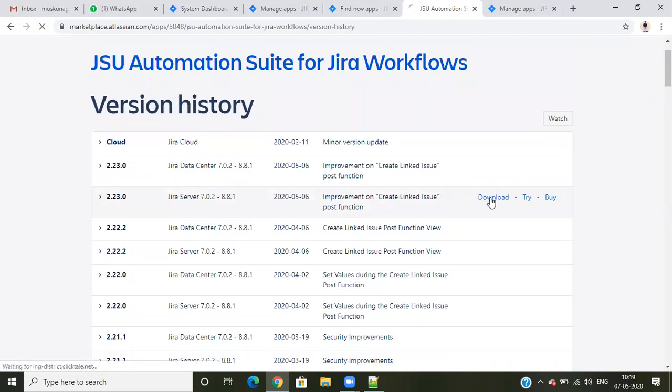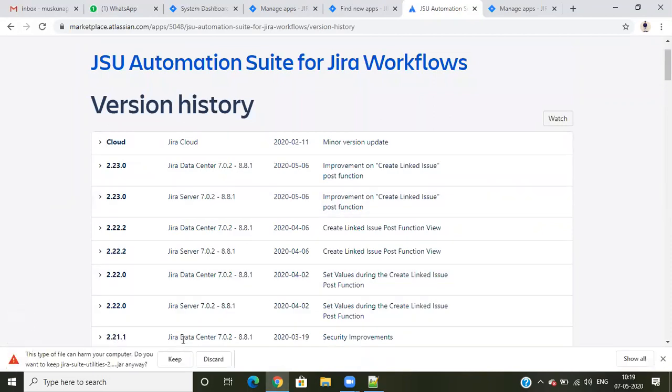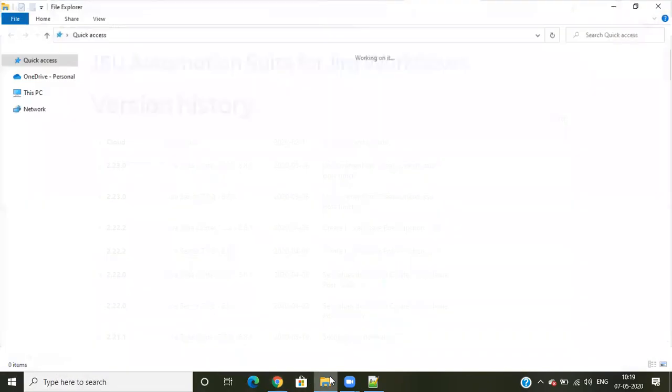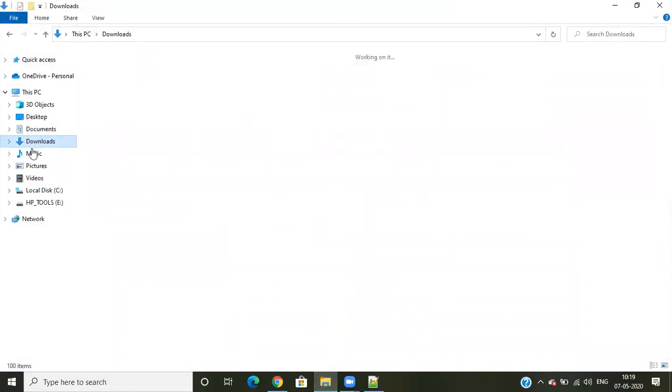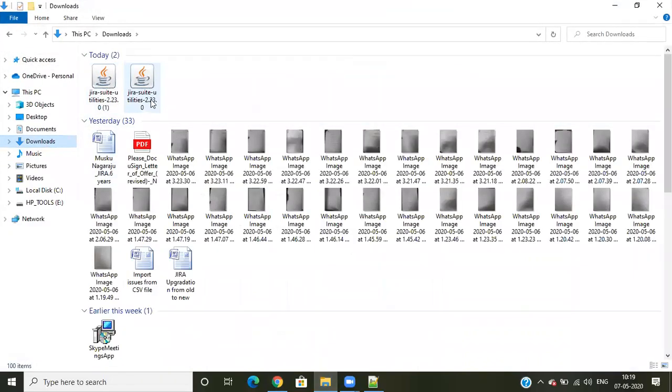Click on download. Once it is downloaded, it will be in your system like this. I downloaded one previously, this Jira Suite Utilities 2.2.0.